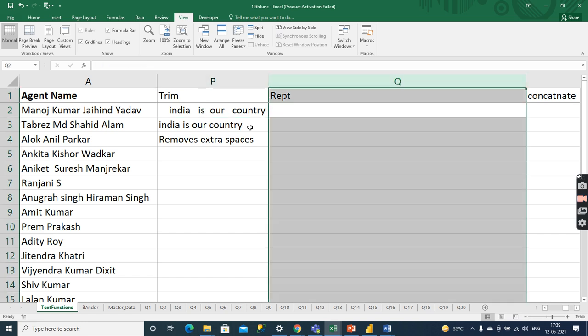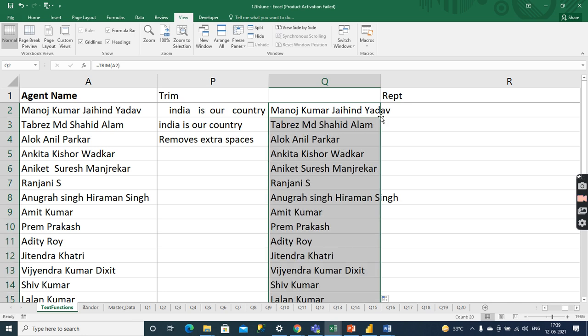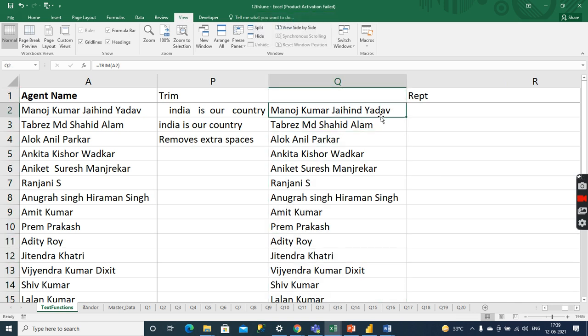For example, I will apply the trim here, select this, and double click here. You cannot apply it on the same column A. Never, formulas we always work in the next column, another column. So we cannot apply a formula on the data itself. Okay.